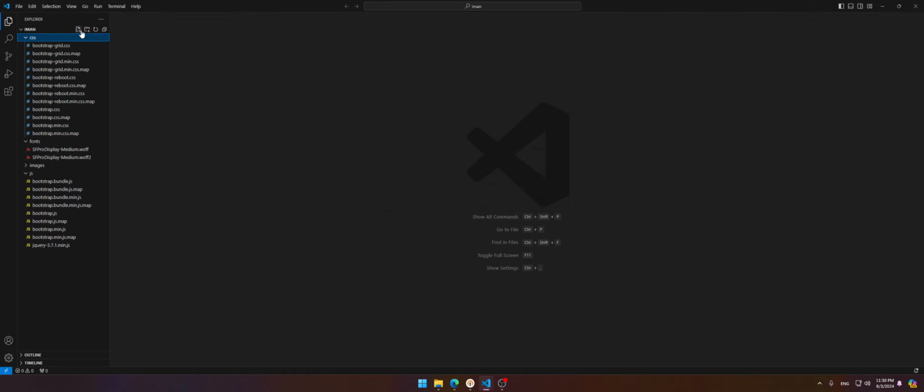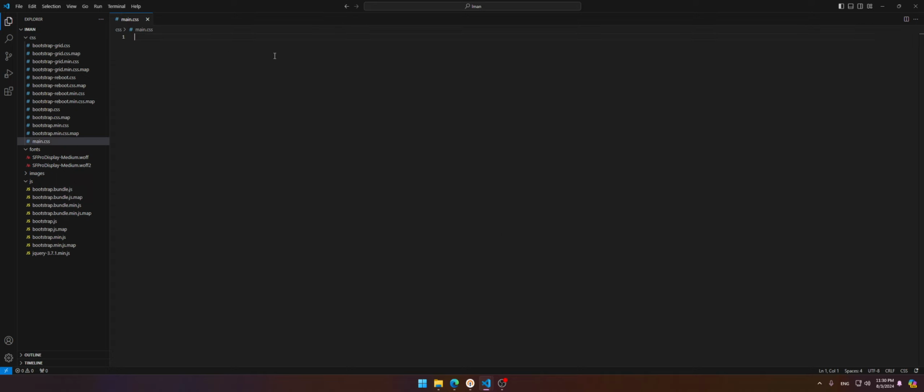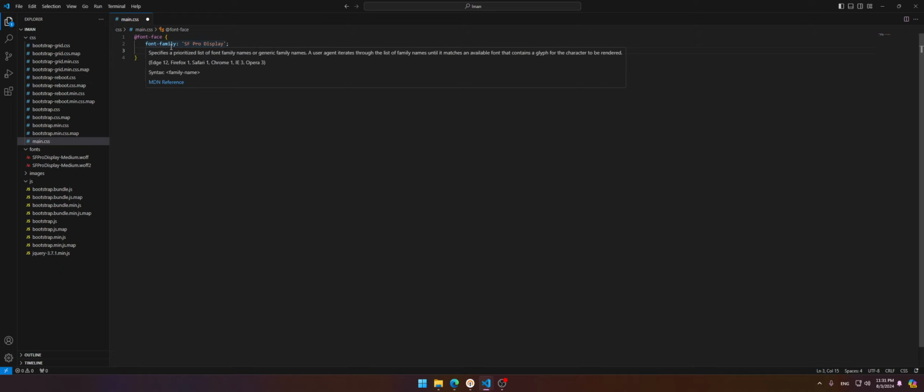Create a new CSS file here, like main.css. Okay, this is our main CSS file. I'm gonna use the fonts, so I'm gonna use it like font, and I'm gonna set the font family SF Pro Display, and the URL should be on